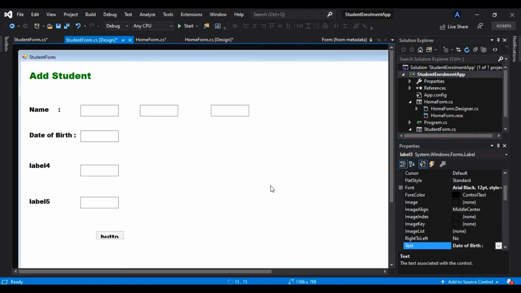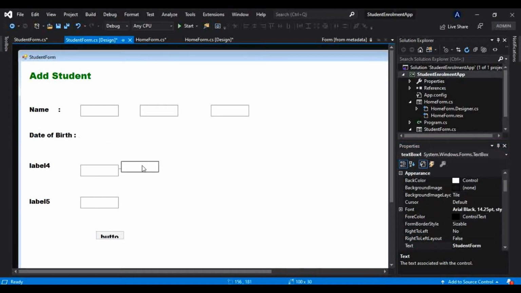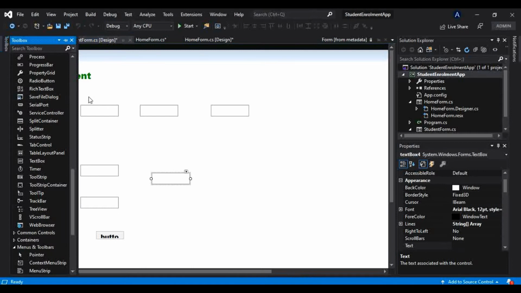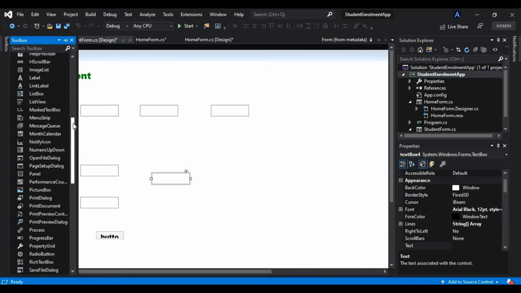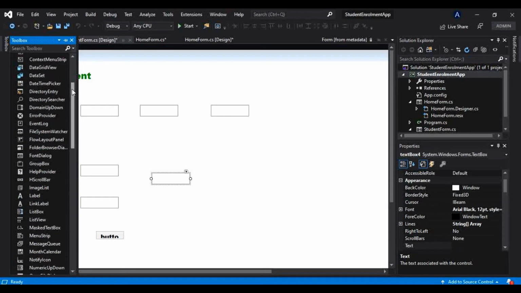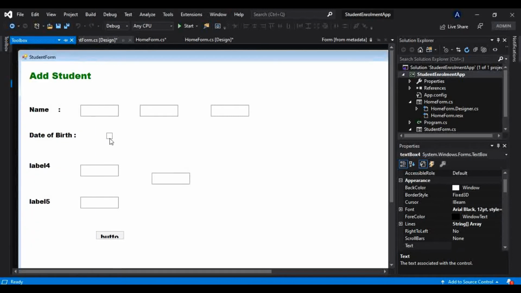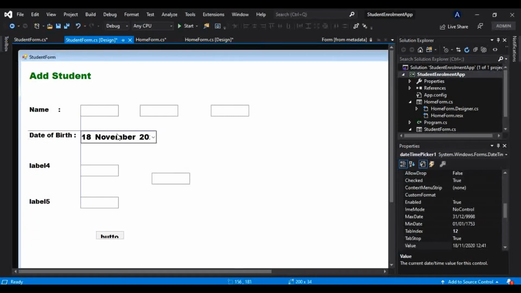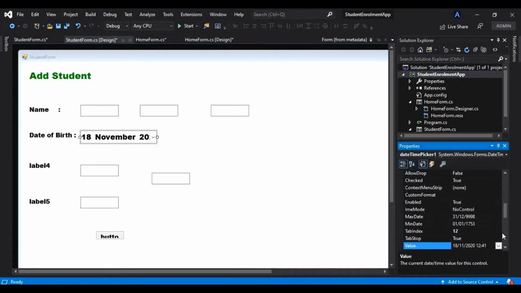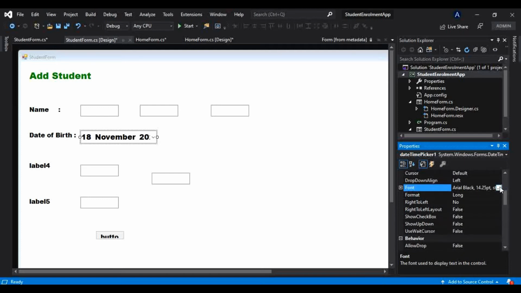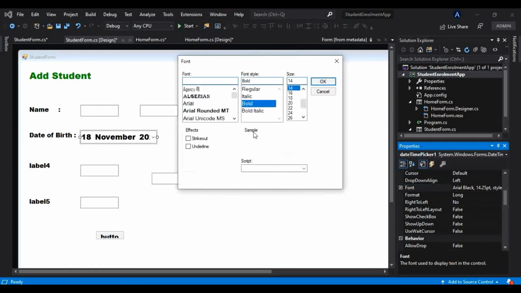Okay, and for that I don't want this text box here. I will use a date time picker here, and for that we will just find that here, and there should be this date time picker. Okay, and I will drag and drop here like this, and I will change the font here as well. I don't want this to be this much bigger. I will change that from here. I will make that as Arial black, and font is 12.